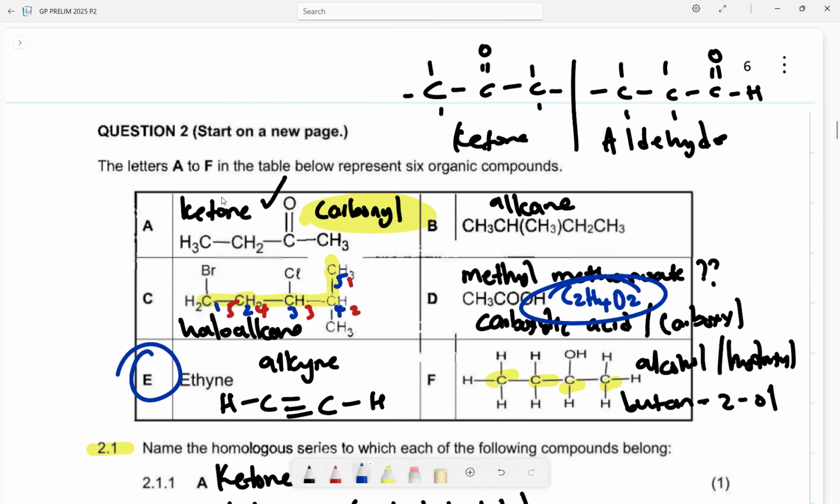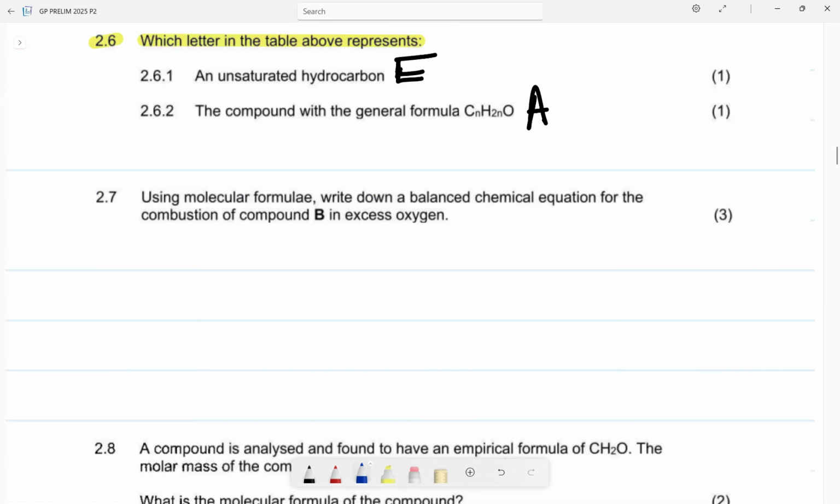Number B. Okay, number B is an alkane. So we need to find the molecular formula. So we need to count the number of carbons. 1, 2, 3, 4, 5. So we have 5 carbons. How many hydrogens? 3, 4, 7, 10, 12. H12. So it is C5H12